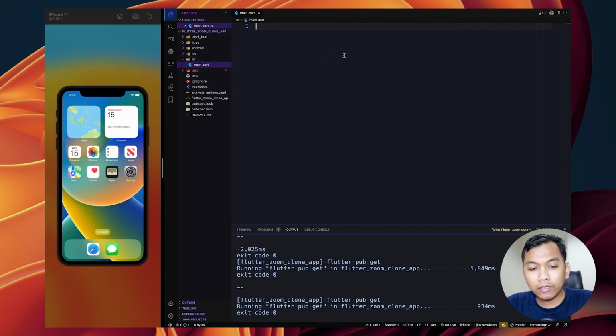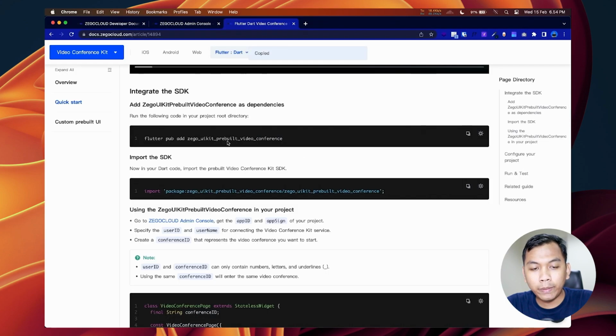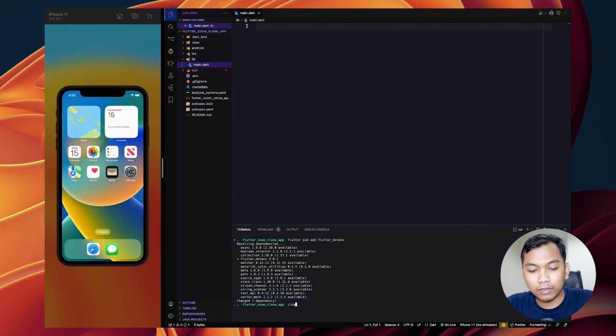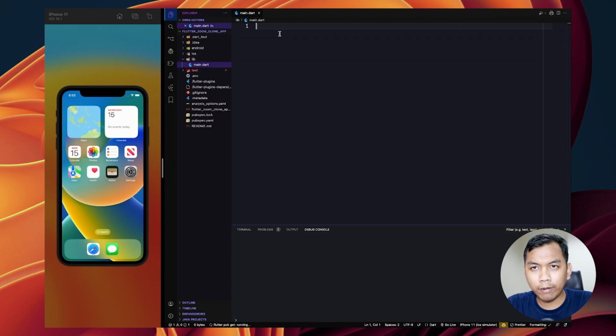And the next step, let's open the documentation again, because we need to add dependencies. Just copy this and paste it here in the terminal. Alright, so we have added the ZEGOCLOUD dependencies inside our project. The next step, let's go to main.dart, and as usual, we need to import material into our project.